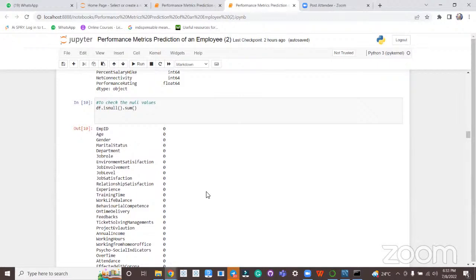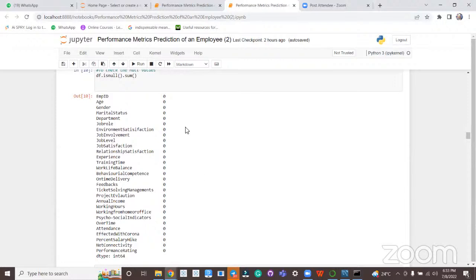Next, you can see isNull is a function which can identify if there are any null values in the data set. isNull verifies each and every cell of your data frame on whether there is any data or data is missing. And when we do sum on top of this check, it will give us the total count, where Python by default treats true as 1 and false as 0.